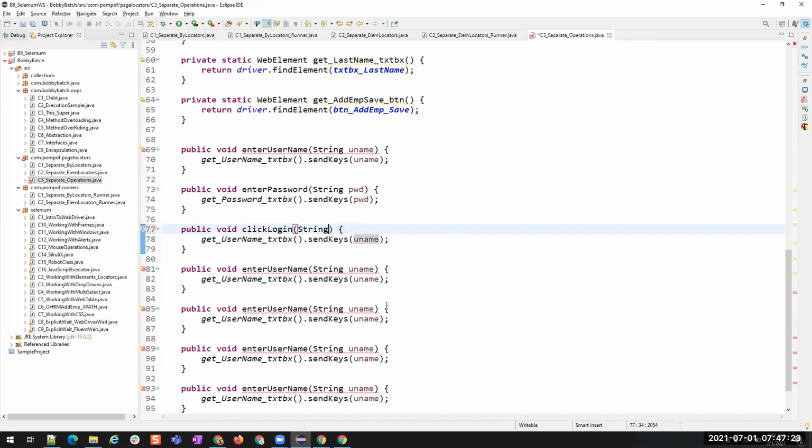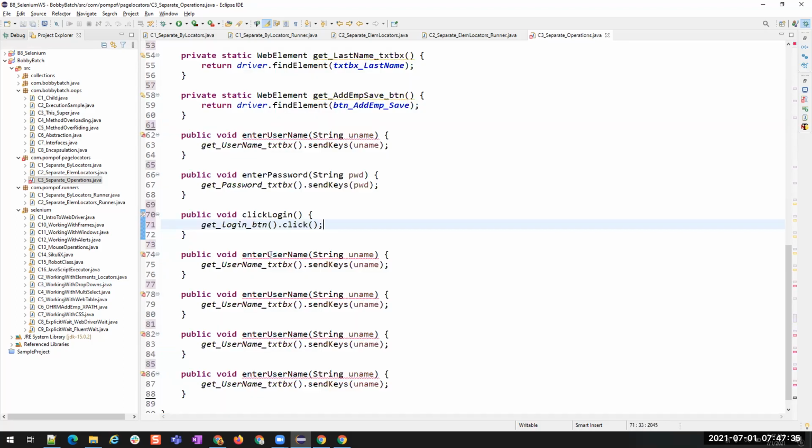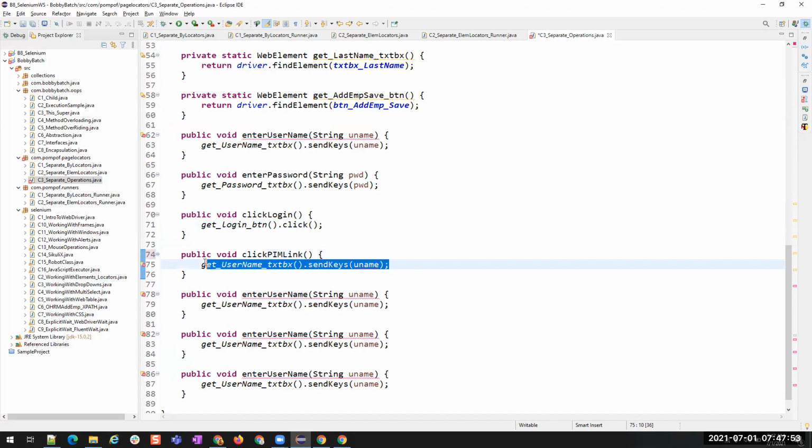For login click, I don't need to pass any parameter. I just want to click it, right? So I'll say get login button dot click. Then click PIM link. I don't want to pass any parameter to this also, because it's just a click. I'll say get PIM link dot click.